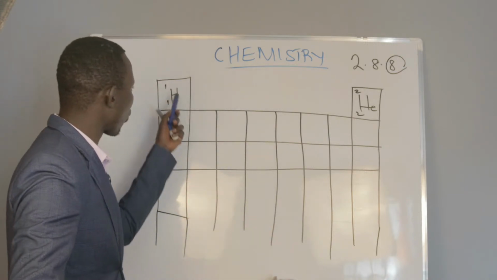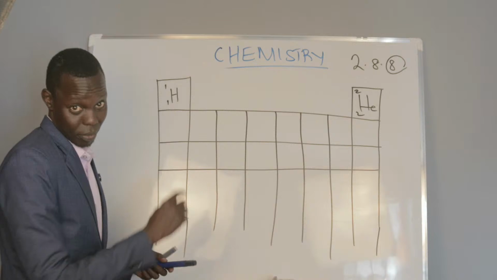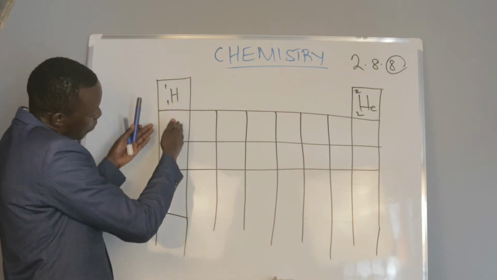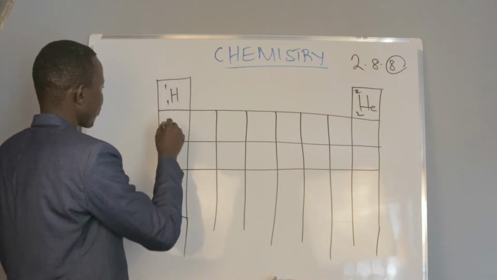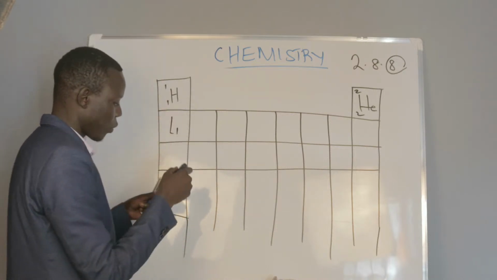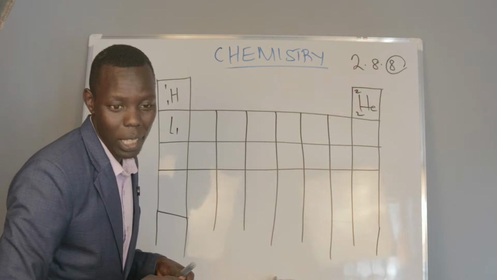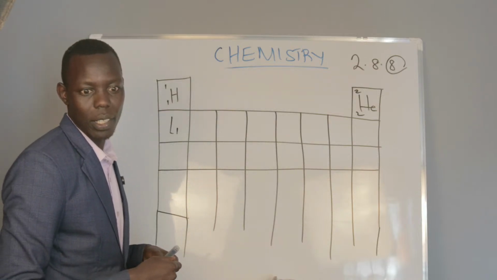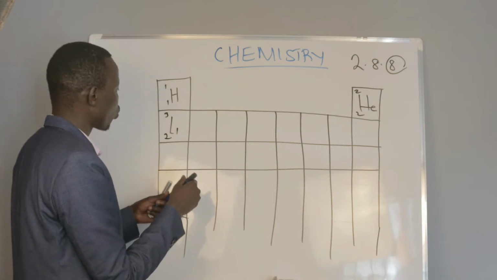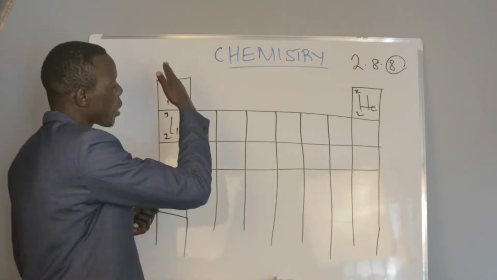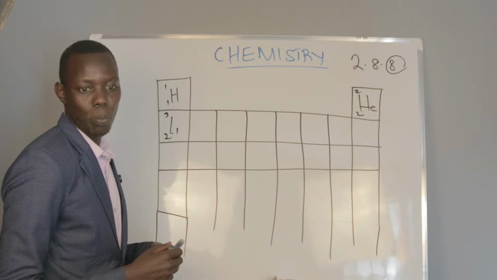So, we continue with group 1. So, we have hydrogen there, and many other elements that come down here. So, we have lithium. Lithium is written like that. If you want to write it in full, that is up to you, but why write in full? Then this is 3, then 2. When I write 3, 2, you understand completely. The upper one is the mass number, the lower one is the atomic number.